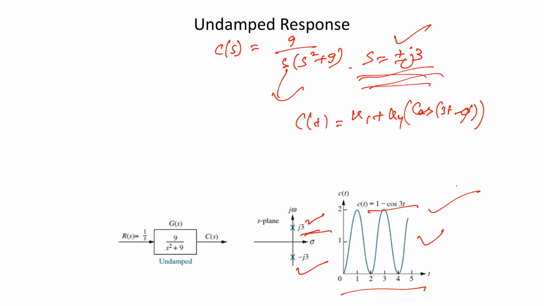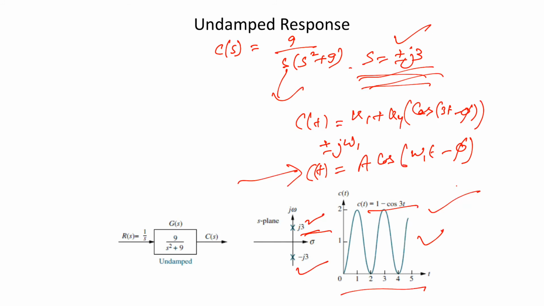Now it can be summarized as follows: if we have two poles at the imaginary axis, then in that very case the natural response is an undamped sinusoid with the radian frequency equal to the imaginary part of the pole, and this is written as A cos(omega_1 t minus phi) if we have only two poles,